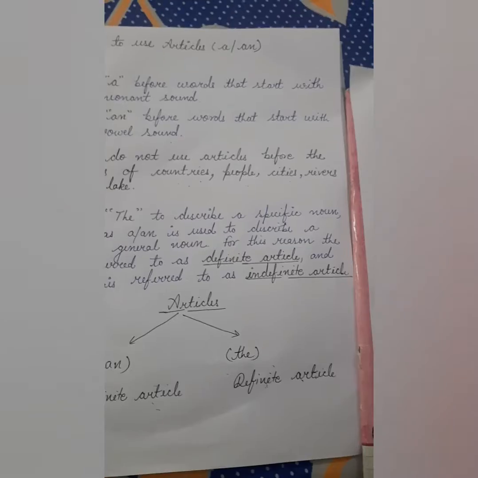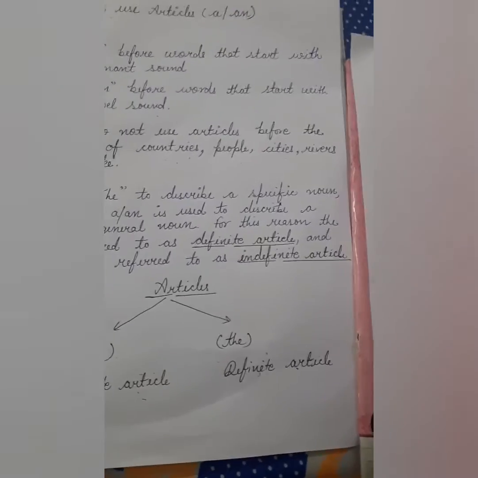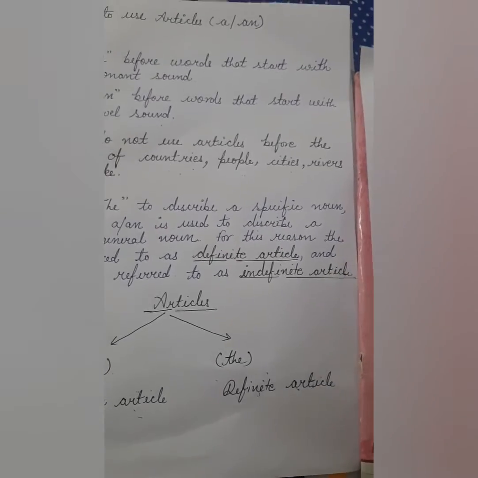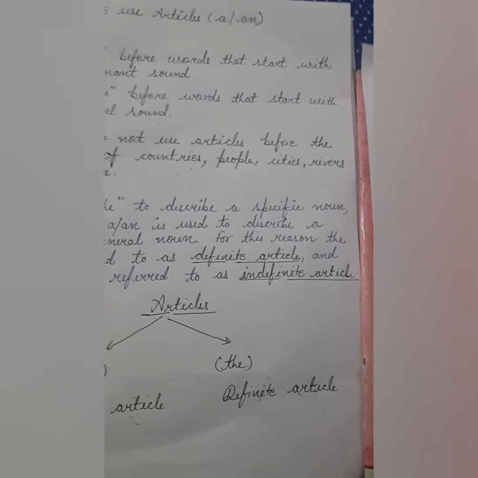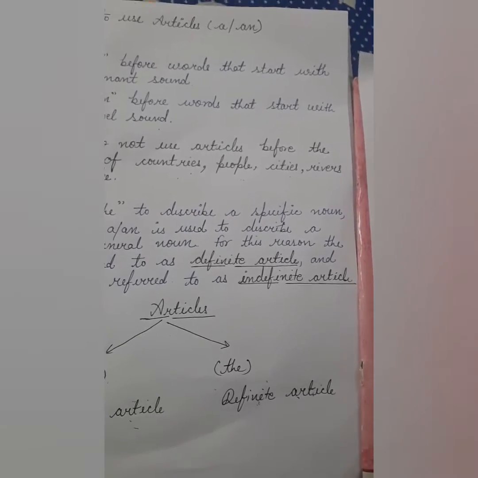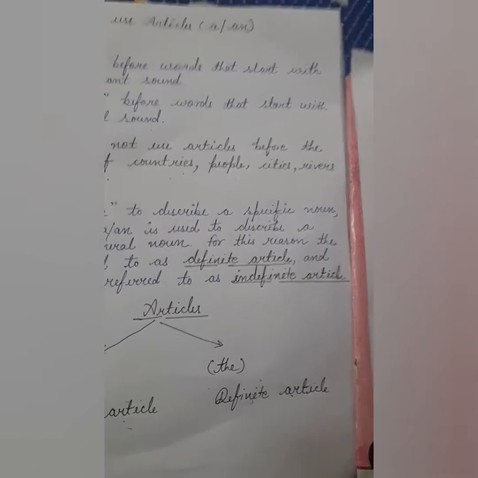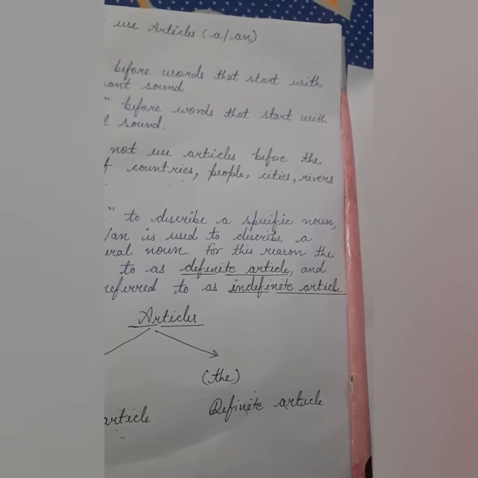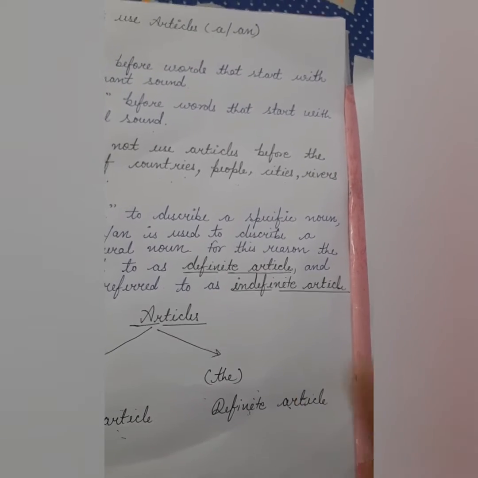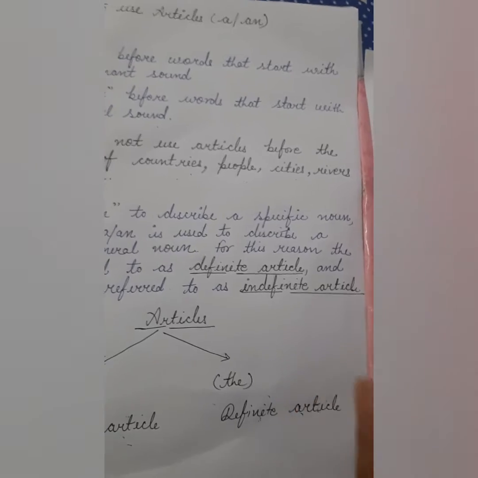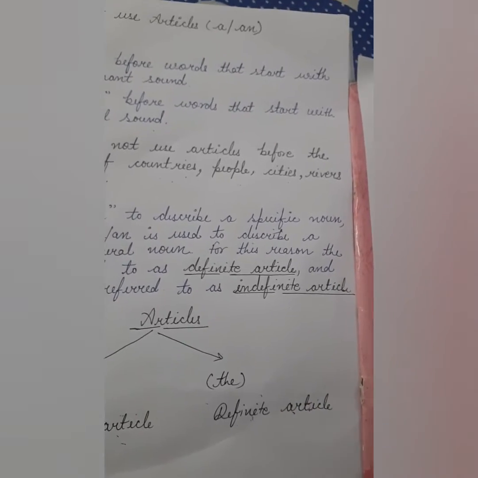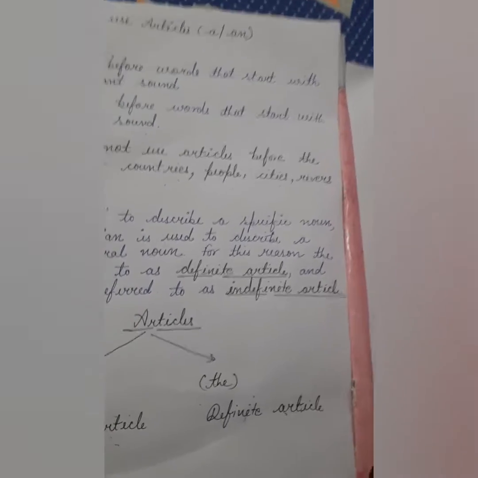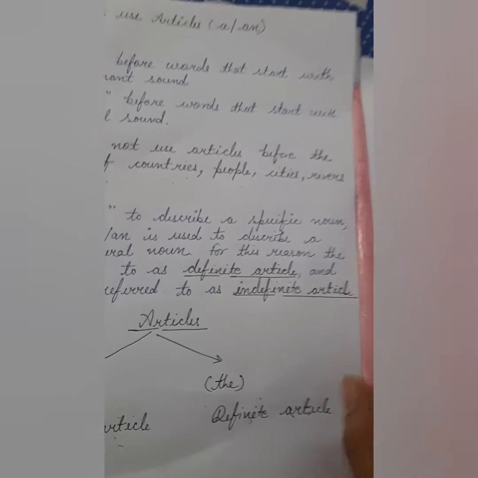For example, a doctor means any doctor. A child means any child, but we are not specifying the name. Just like we compare, you must consult the doctor. Which doctor? It could be your family doctor. But you must consult a doctor. Which doctor? It could be any doctor. Here the speaker does not have a particular doctor in mind. So we'll use the indefinite article a here: a doctor, not the doctor.